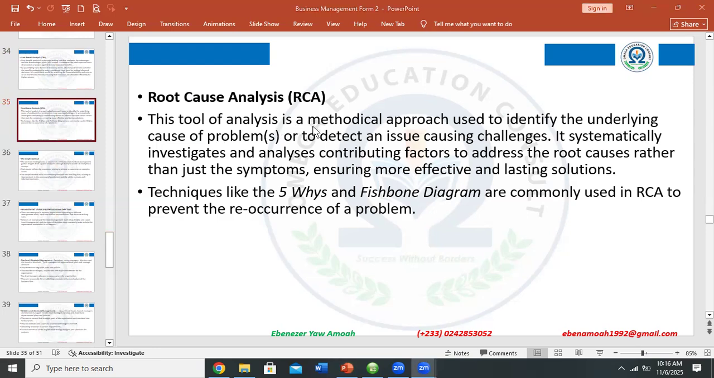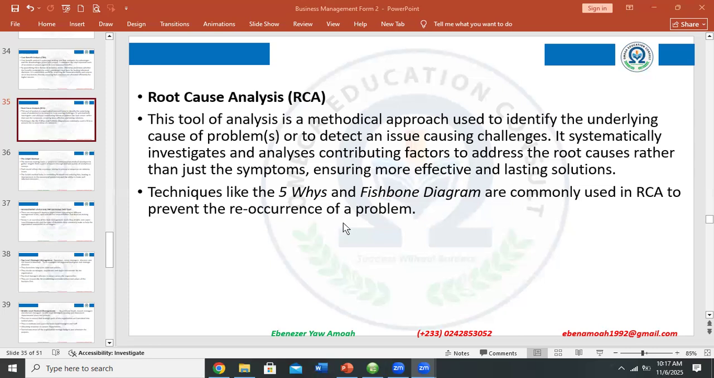This tool of analysis is a methodical approach used to identify the underlying cause of problems or to detect an issue causing challenges. It systematically investigates and analyzes contributing factors to address the root causes rather than just the symptoms, ensuring more effective and lasting solutions. Techniques like the 5 whys and fishbone diagram are commonly used in root cause analysis to prevent the reoccurrence